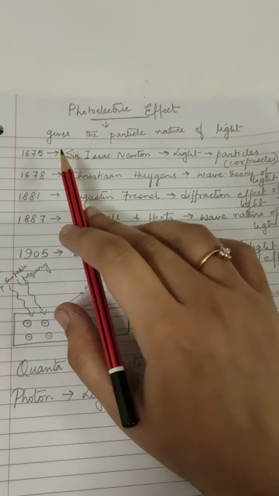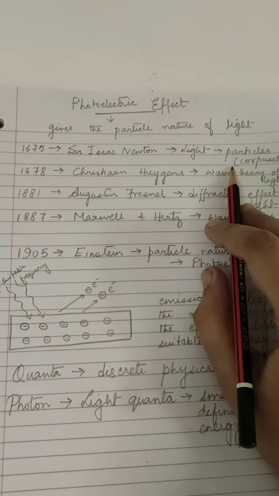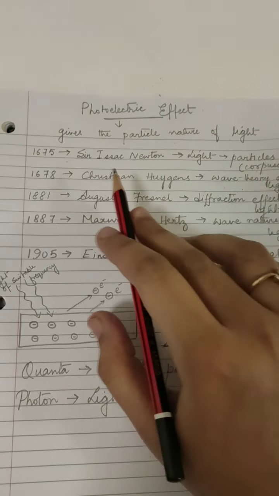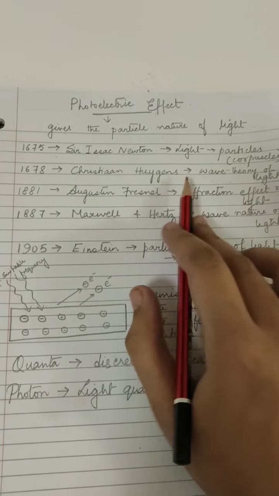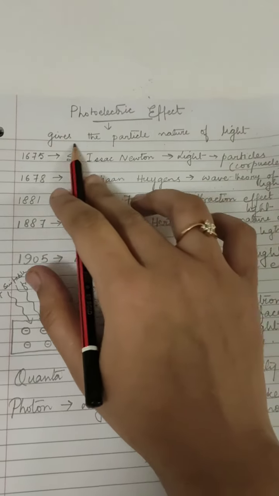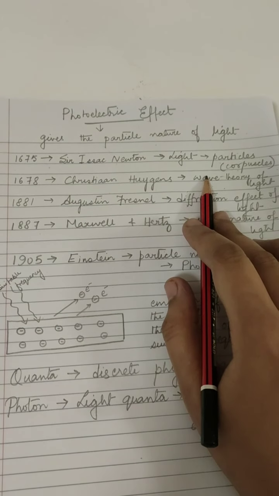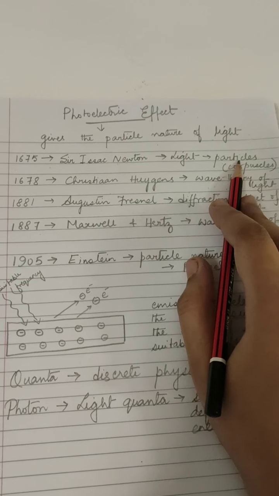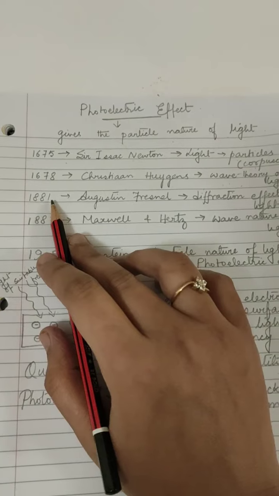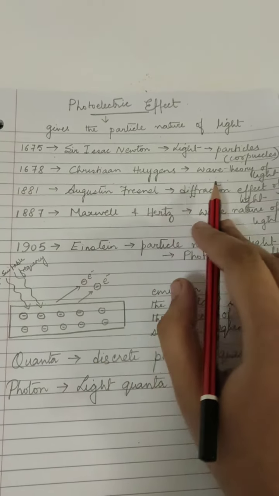It was in 1675 when Sir Isaac Newton first gave the corpuscular nature of light, that light consists of particles called corpuscles. In 1678, Christian Huygens established the wave theory of light. Though at that time, because of the stature of Sir Isaac Newton, the wave theory of light was not taken, and corpuscular theory of light remained predominant until in 1881 when Augustin Fresnel could explain the rectilinear propagation of light and